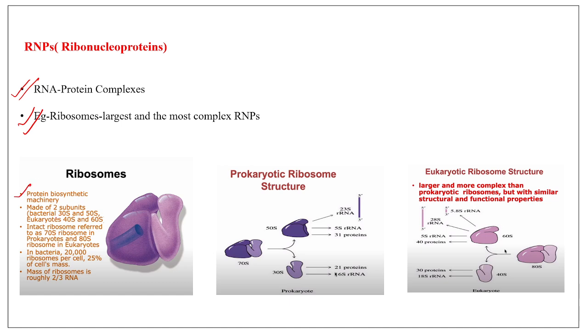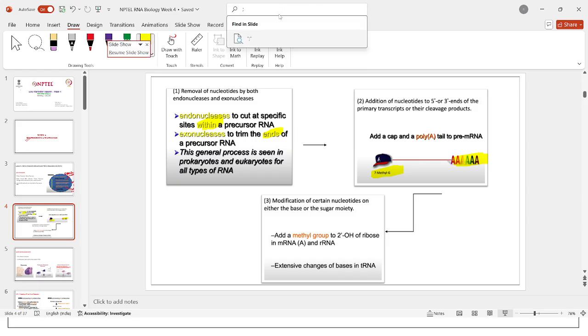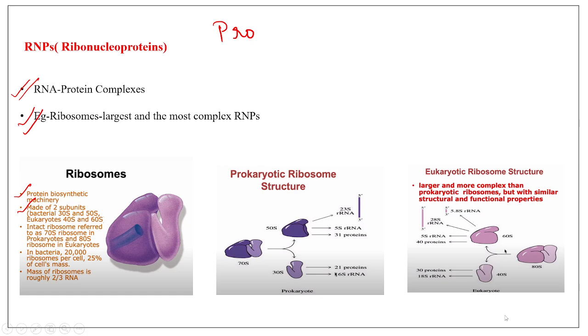They are composed of two subunits, 30S and 50S subunits in the case of prokaryotes, and 40S and 60S subunits in the case of eukaryotes. And in the case of prokaryotes, when I talk about prokaryotes, it is known, it is a, what happened? Just a minute. Fine. Yeah. In the case of prokaryotes,